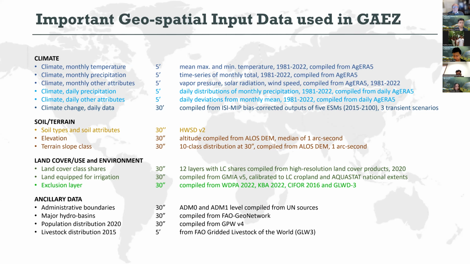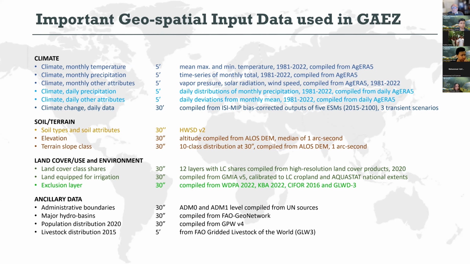For climate, we use monthly, daily, and climate change information. The historical data, monthly data, and daily data for 6 climate attributes come from the AgERA5 datasets, which are continually updated. In Global AEZ version 5, we use it for the period